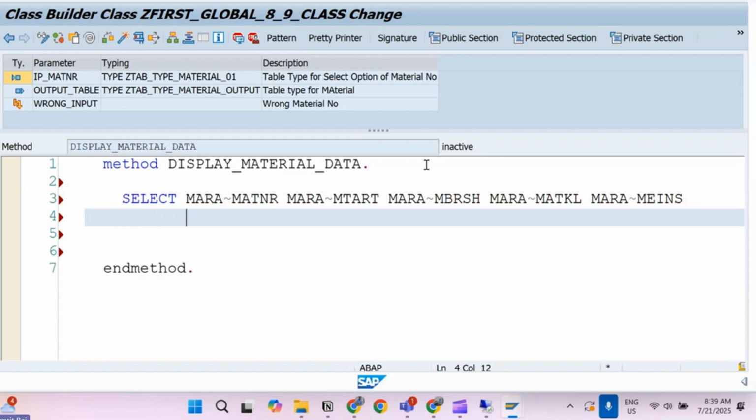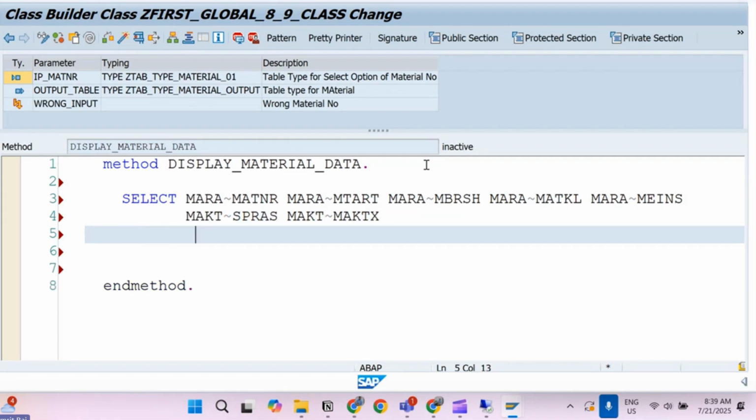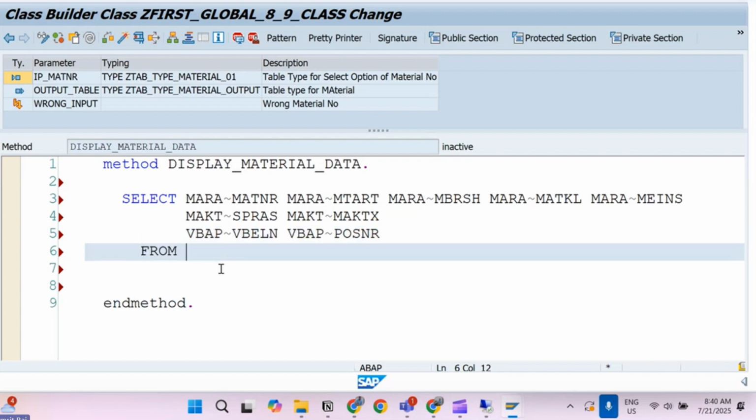Then from MAKT, I'm taking SPRAS and MAKTX. We have VBAP also. From VBAP, we are taking VBELN and the item number. All these columns are selected. So from MARA, inner join